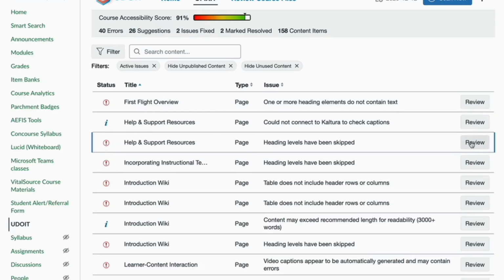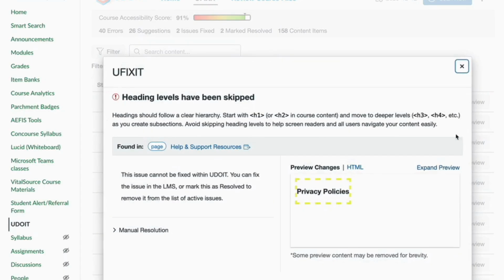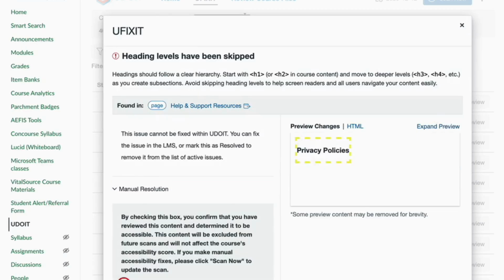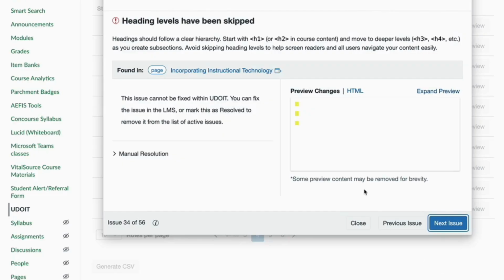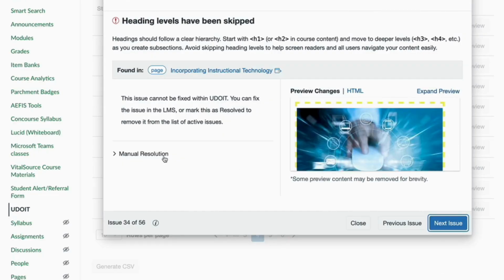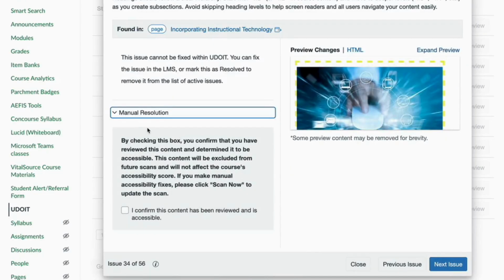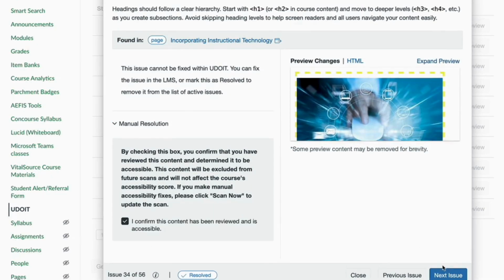And truly, again, this is a heading level skipped where we used heading level 4 or 3, and we didn't use any of the 1s or 2s. It is still following markdown rules, so I can just put that it has been addressed. We don't need to change the heading level at this point because it does read correctly with the screen reader. These are all issues where, in this case, again, it's a heading, so I'll just confirm that it is fine,